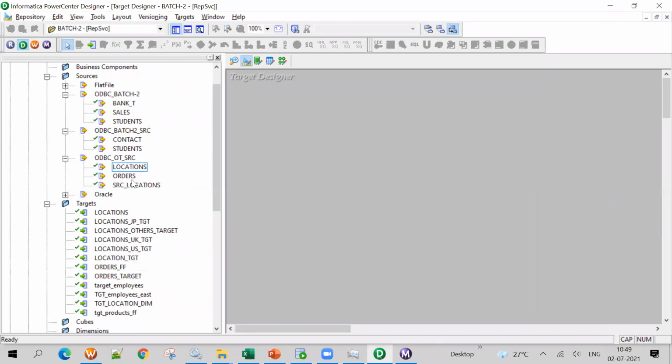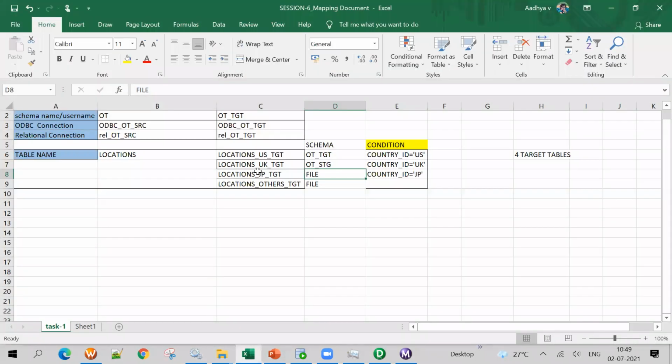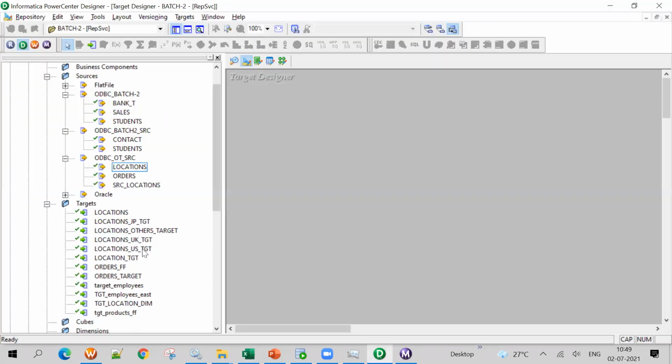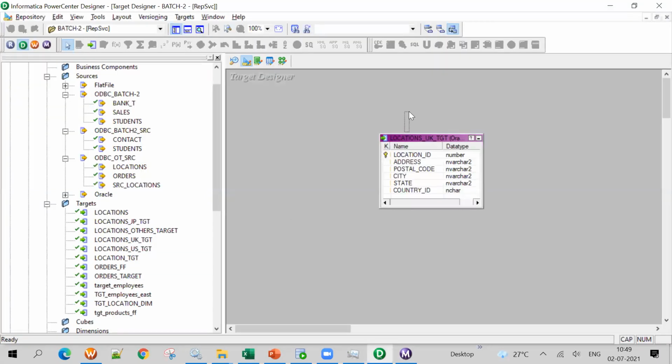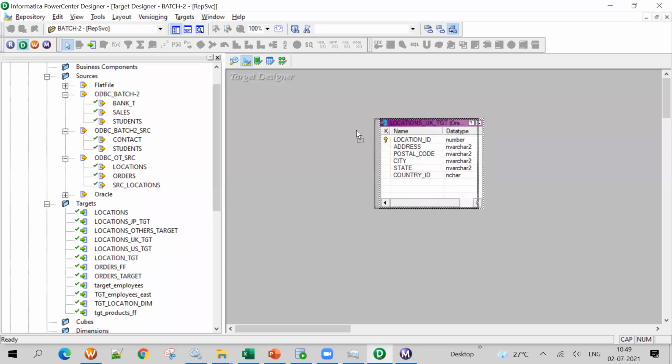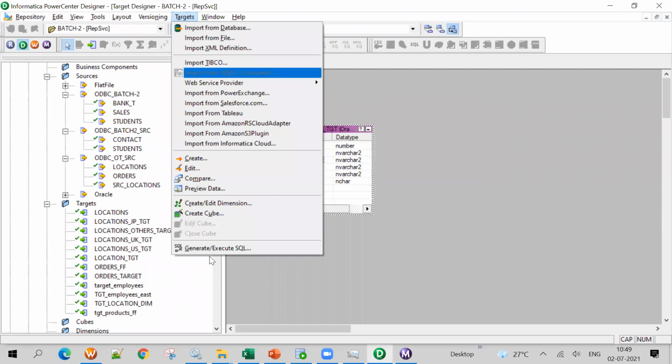Copy? Same thing again and again. Okay, we are not doing anything here, since we already have a target. No need to copy because we already have a target table called locations UK TGT. So now we need to execute it in the STG schema. That's it. Before, we executed in